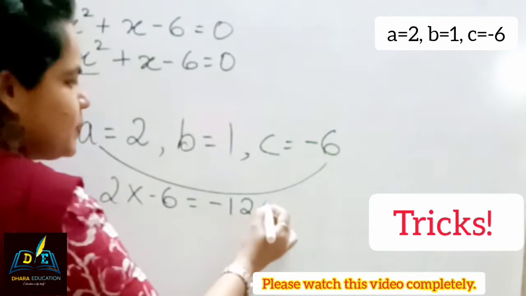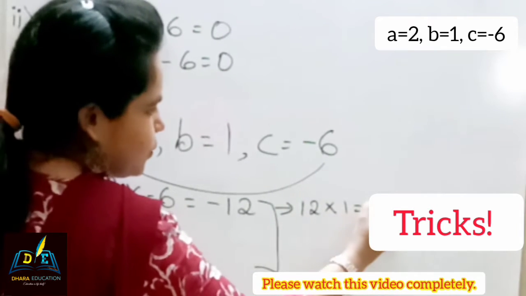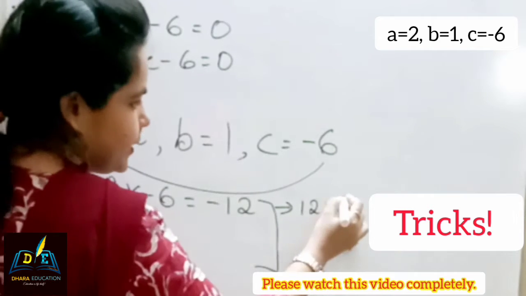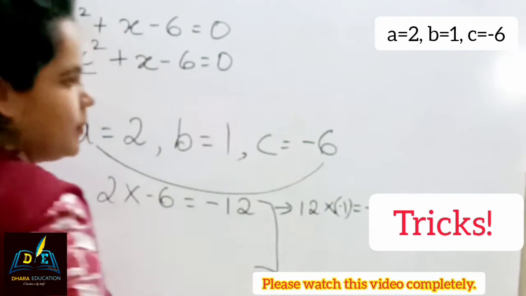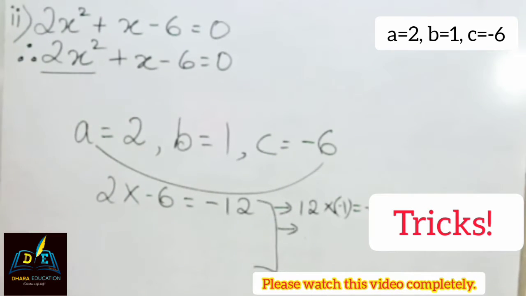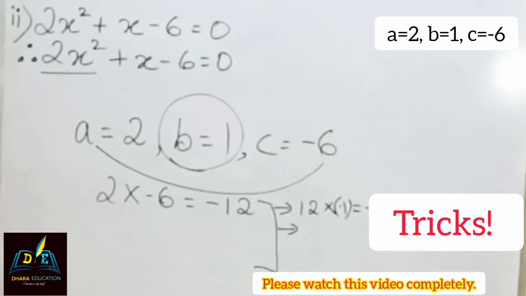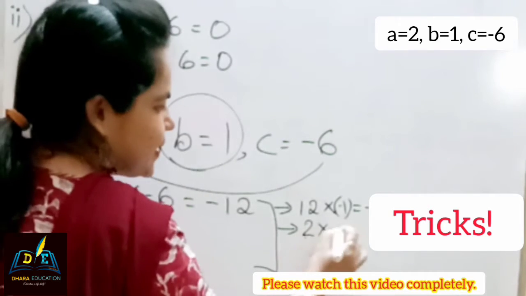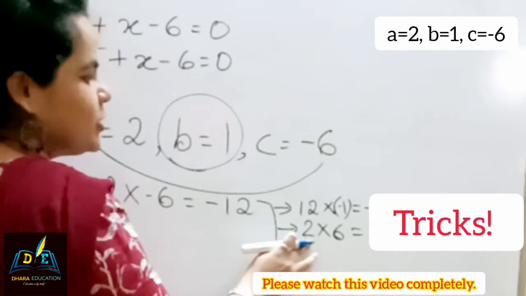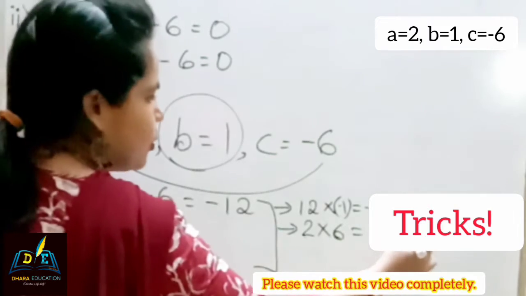Okay. So the first possibility will be 12 multiplied by 1 gives you 12. Or you can write minus 1 so that it will come minus 12. On the other hand, we need to do it in such a way that the middle term 1 should come. So this possibility is absolutely wrong. This will not work out. Another way, that is 2 sixes are 12. But by adding or subtracting, we are not getting 1, the middle term. So this is also a wrong assumption.